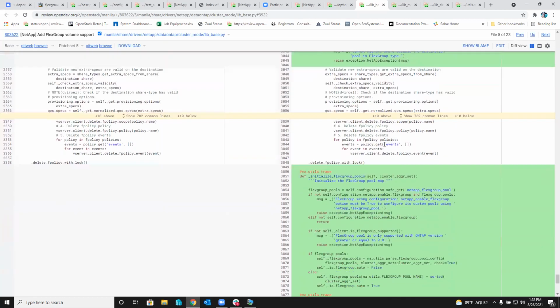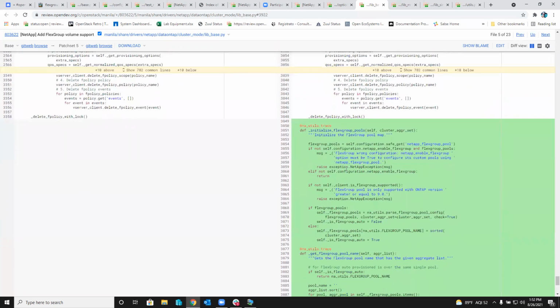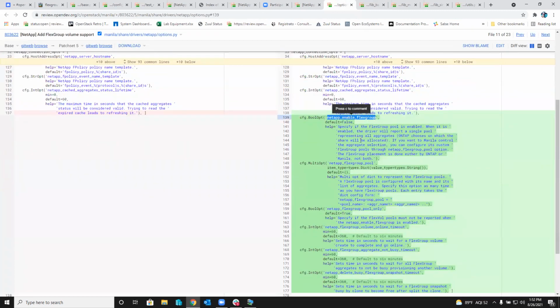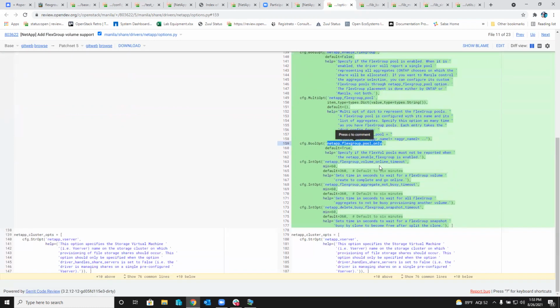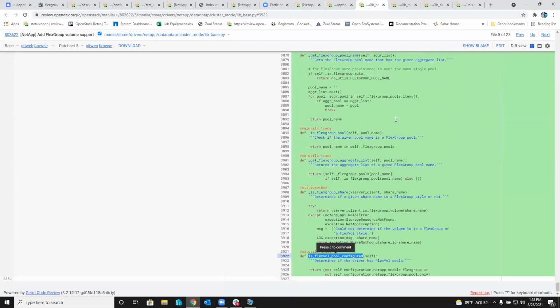So this is the part of the code that deals with the configuration of those options. Here are the options, NetApp enable flex group and NetApp flex group pool, that you can use to customize your pool, and NetApp flex group pool only, that you can use to enable or not flex vol and flex group to work together. Yeah. So that's all about the flex group